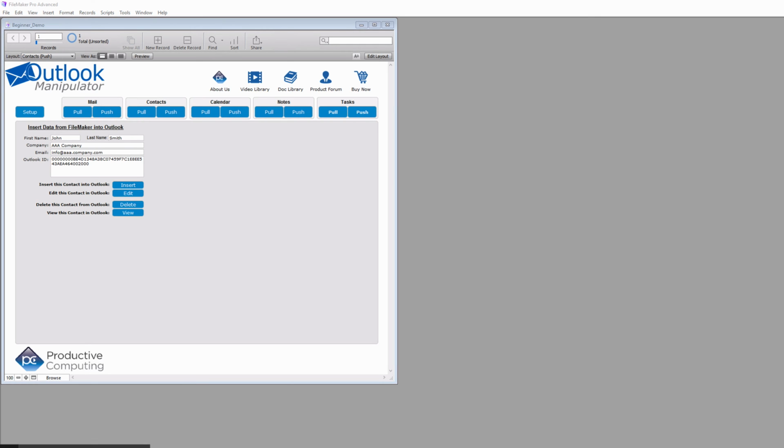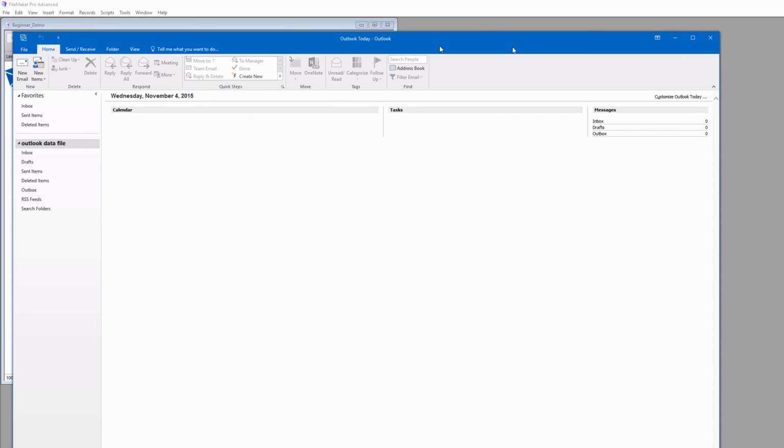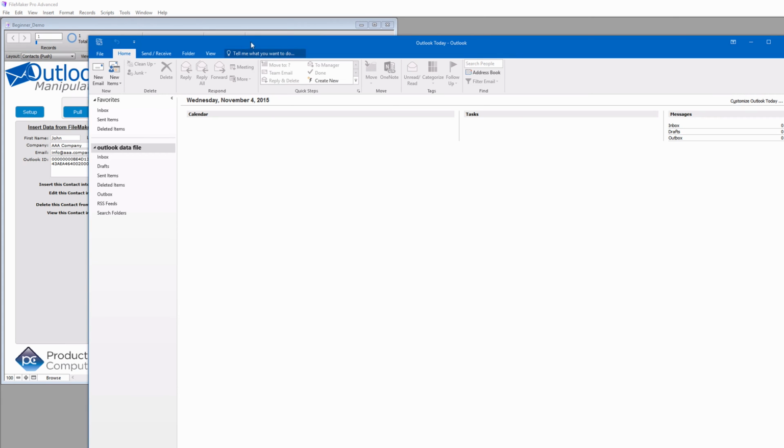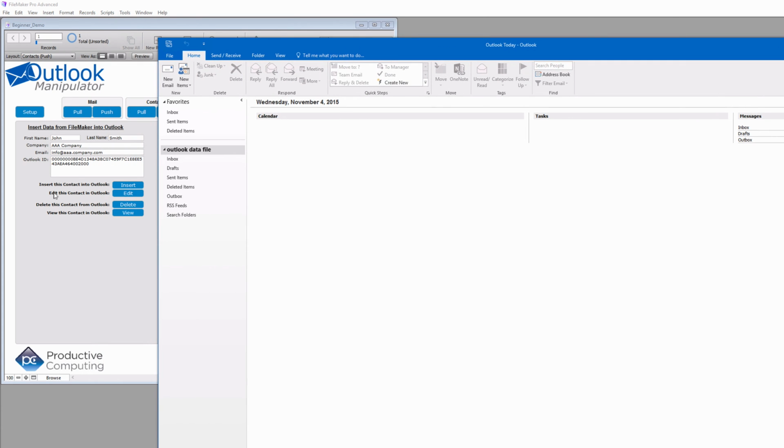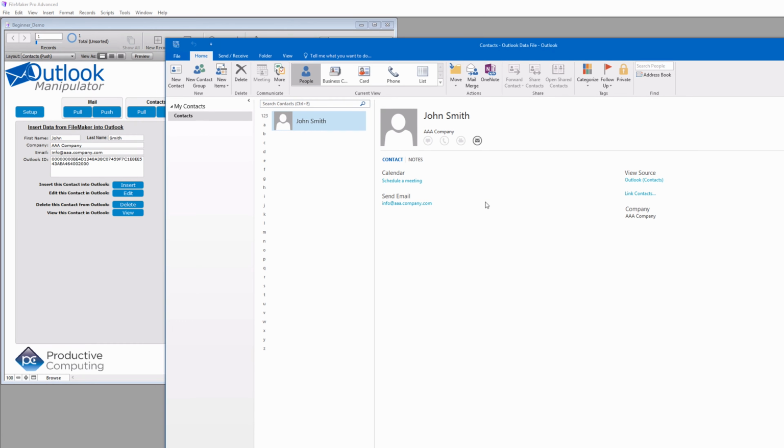I'll go ahead and get that up. Note that Outlook could be either open or closed, visibly or invisibly. In other words, if I call this and Outlook happens to be closed, it'll still attempt to establish a communication into Outlook and then push the data over, even though you haven't already opened Outlook. If Outlook happens to be open, the same thing applies. So it's a neat flexible feature there.